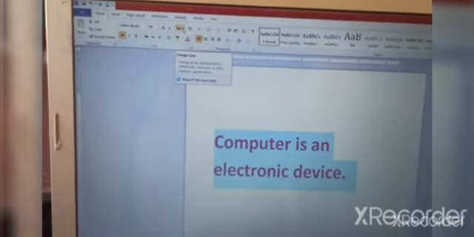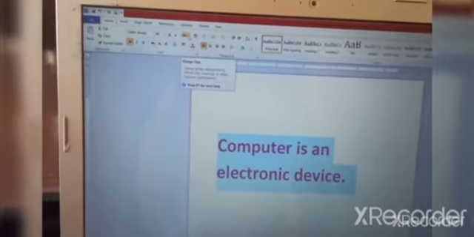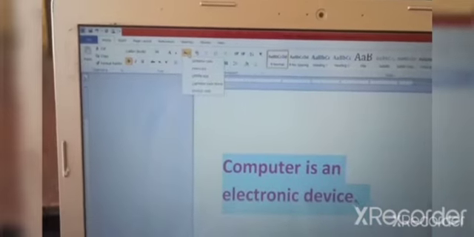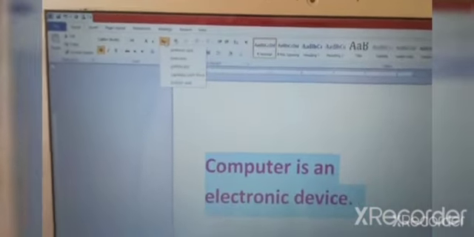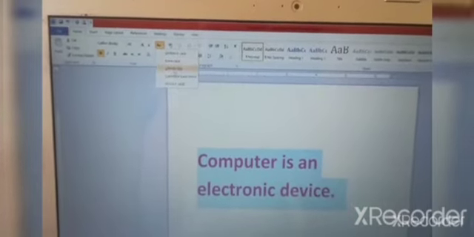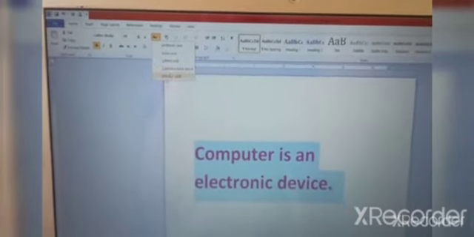That is called change case option. If you click on the drop down arrow, you get the drop down list. There you can see sentence case, lowercase, uppercase, capitalize each word and toggle case.